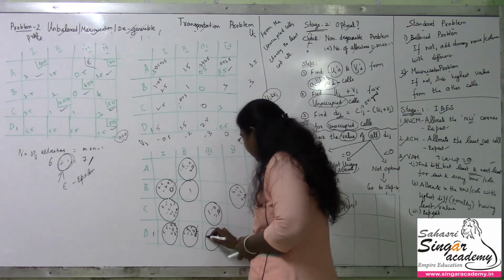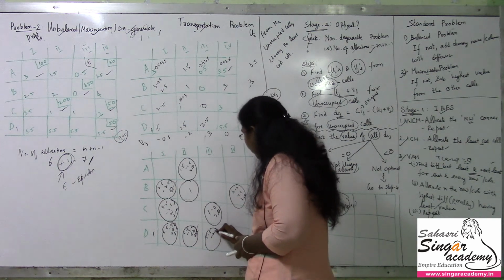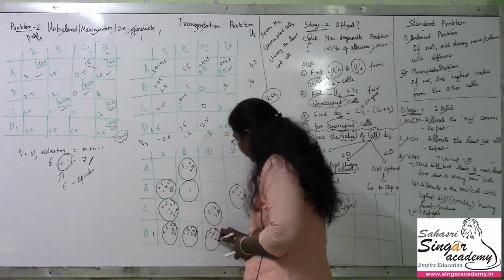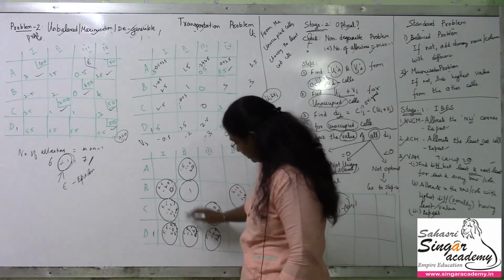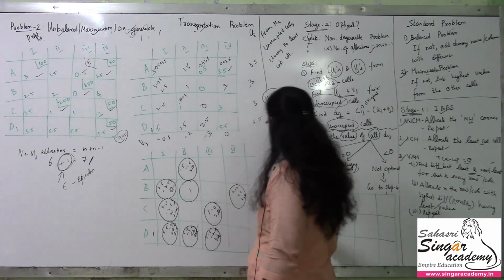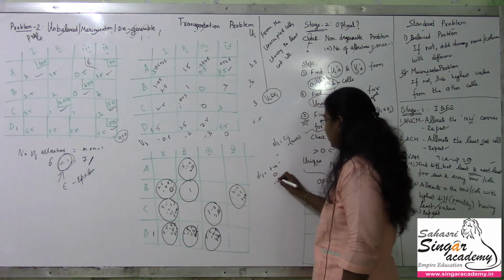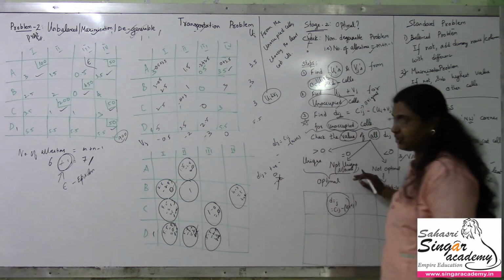Next one is 5.5 minus 3.5, 2 positive. And next one is 5.5 minus 2.5 is 3. So I have the value 3 positive. Yes, I have positive, positive, positive, positive, positive and 0. So my Dij's here are positive and 0 only, not negative. So we have the check here.